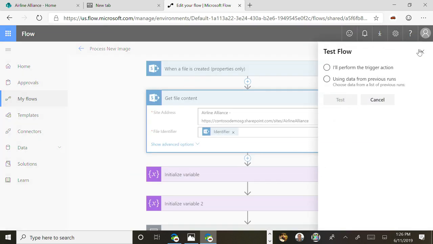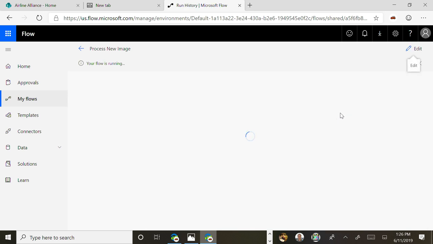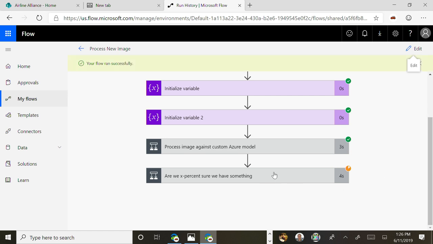Before I hand this out to users, I may want to test it. And so to test it, I can either trigger it myself, so go do whatever magic button I need, or I can also capture previous runs. And I can see that I ran this a couple hours ago, and if I say test it, it's going to run through. And here on the screen, you will see as it's going, I will get real-time updates on what happens. You'll see it's currently evaluating this thing. It took 3 seconds to make sure that we had something, and it repeated the action that we ran through 3 hours ago and were able to do it. Just a couple of tips about how flow at large should be managed in terms of ownership, naming, and troubleshooting.